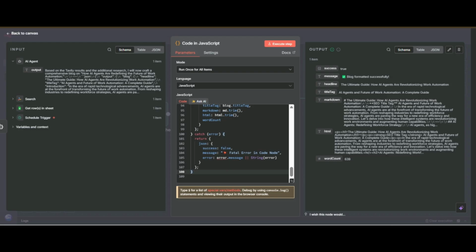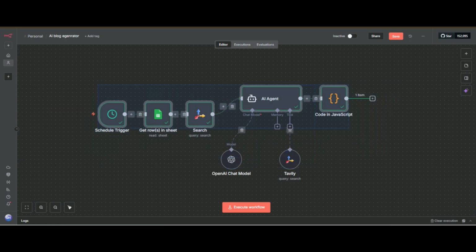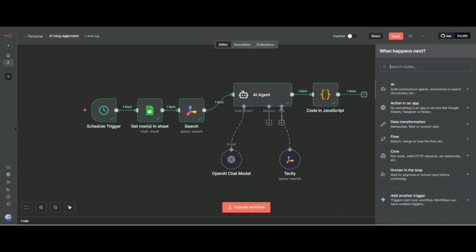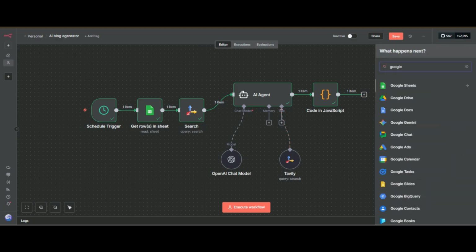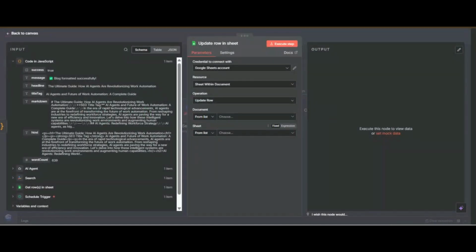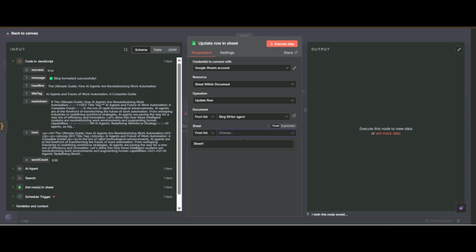So we have created our blog post and we have formatted our blog post. So the last step is to update and save the blog post into our Google Sheet. So I will search Google Sheet and this time we have to update. So I will select my document and sheet.